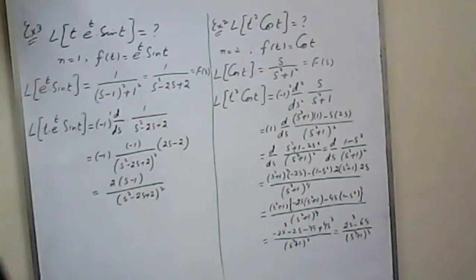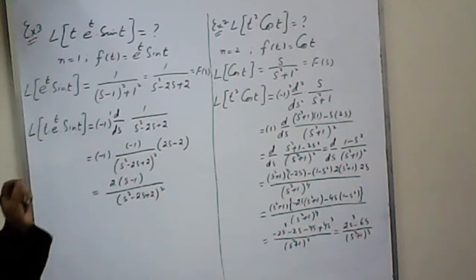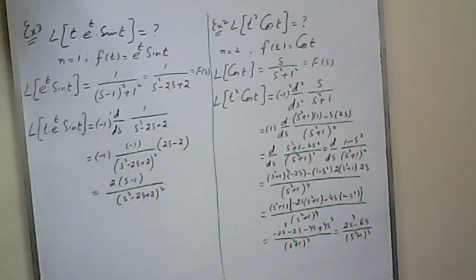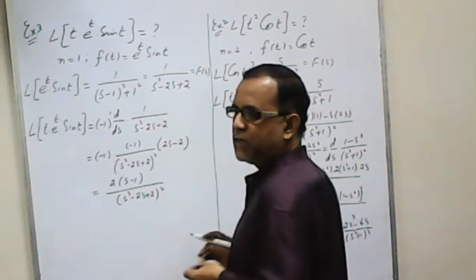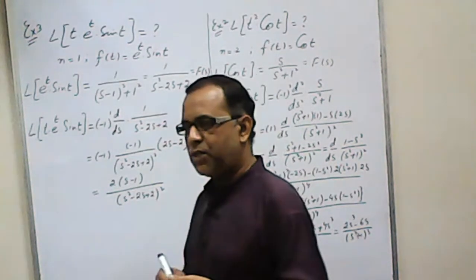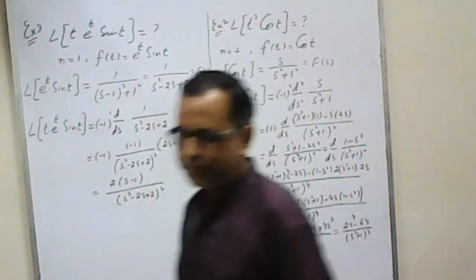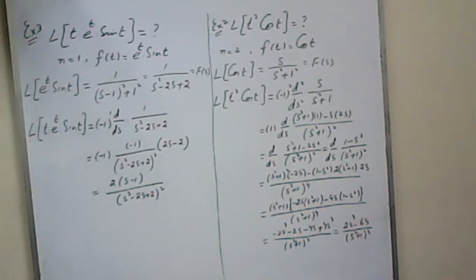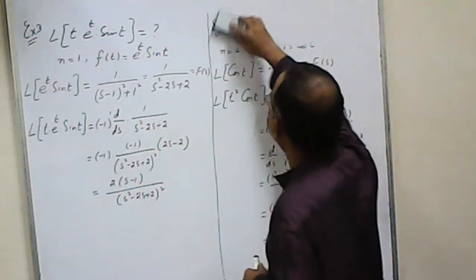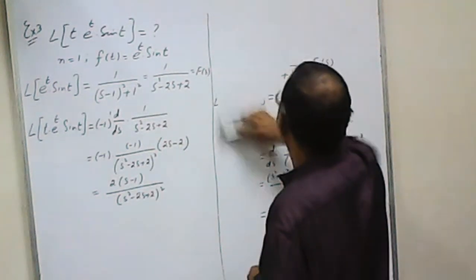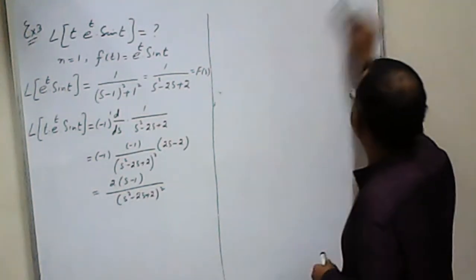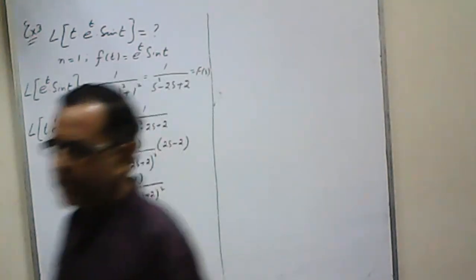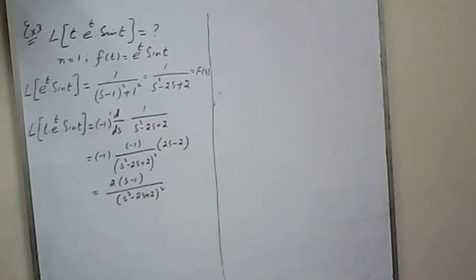So in conclusion, what we need to do is just to take two values from the question, that is the value of n, and the remaining we treat as function of t. Take the Laplace of function of t and apply the formula. Now I am writing a few practice problems for you to conclude this topic, and then move on to the new topic.